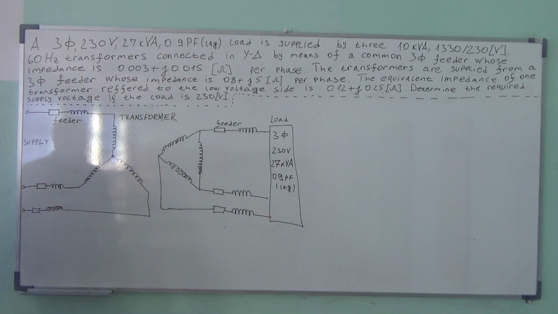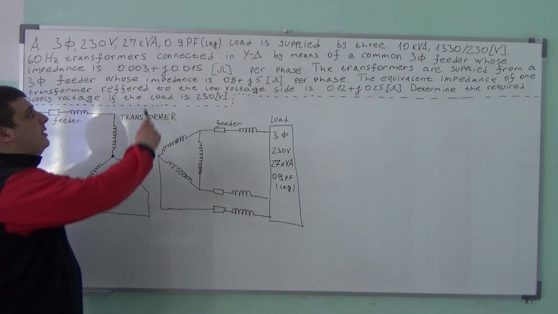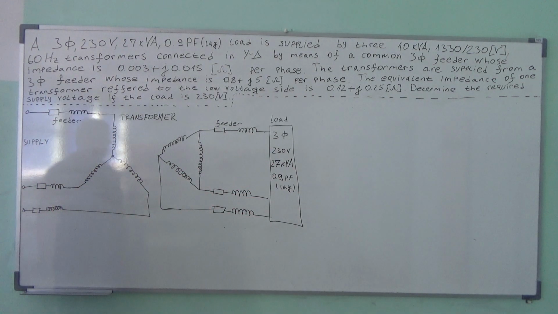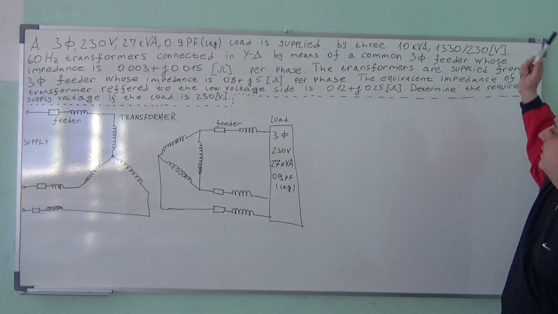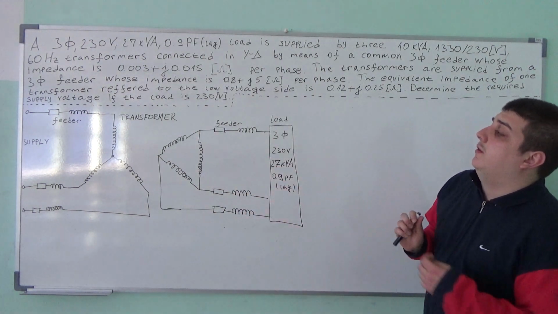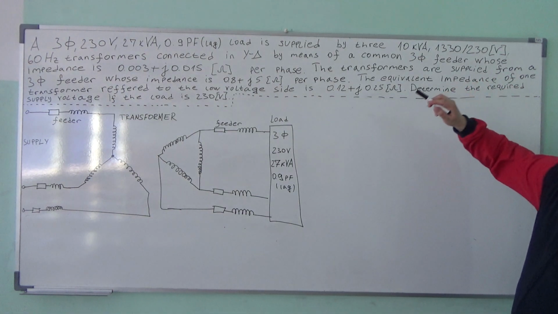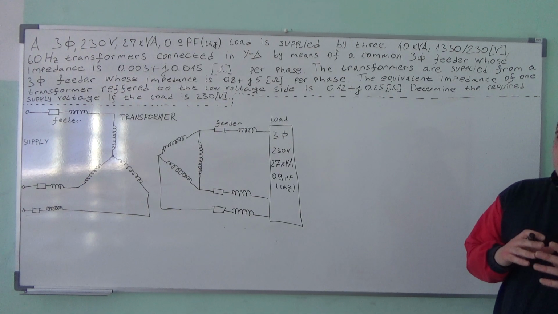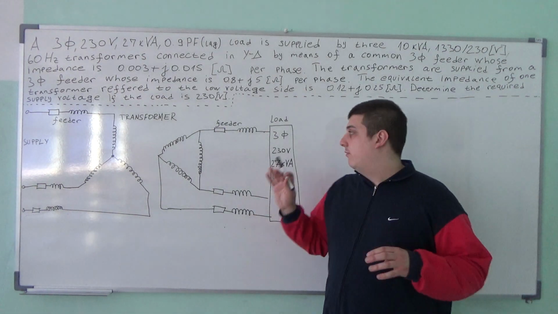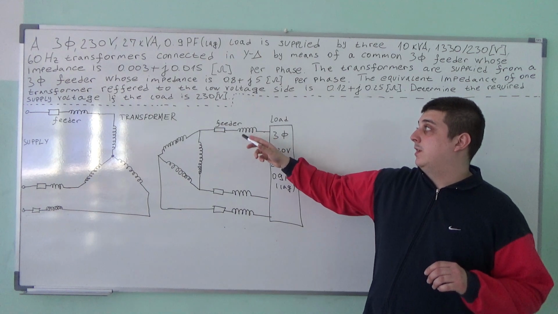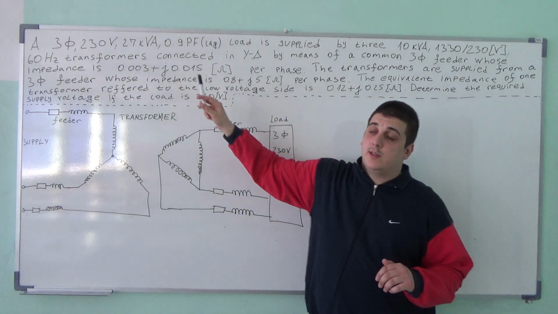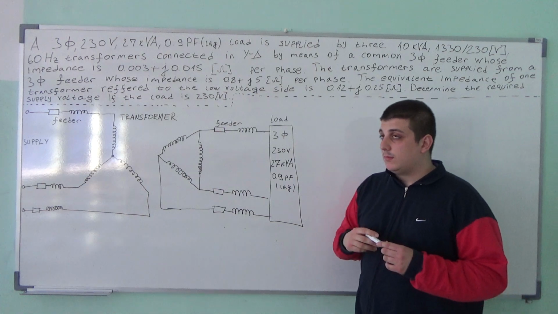So the example says that we have a 3-phase 230 volts, 27 kilovolt amperes, 0.8 power factor load on the output, and it is supplied by three 10 kilovolt amperes, 1330 divided by 230 volts, 60 Hz transformers connected in Y-delta by means of a common 3-phase feeder whose impedance is 0.003 plus j0.050. So the feeder is just a power line connected from the load to the transformer, and it has an impedance equivalent to this, but every phase has the same amount of impedance,